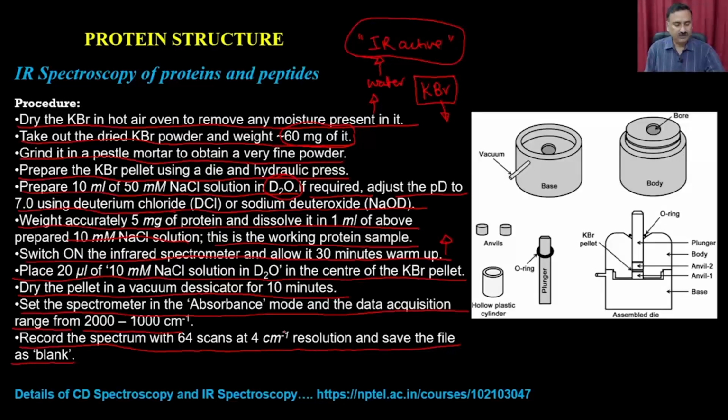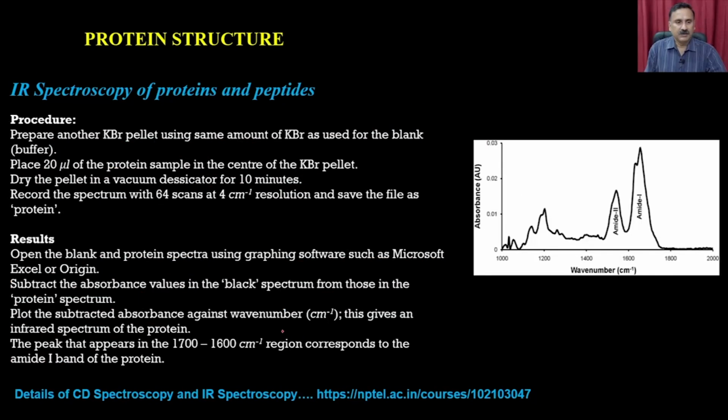Okay. Then what you are going to do is prepare the KBr pellet. So, you prepare another KBr pellet using the same amount of KBr, and that will be the blank. Then you place 20 microliter of protein solution in the center of the KBr pellet. You dry the pellet in the vacuum desiccator for 10 minutes. Then you record the spectra with 64 scans and save the file as protein,